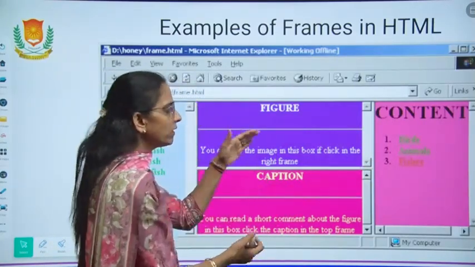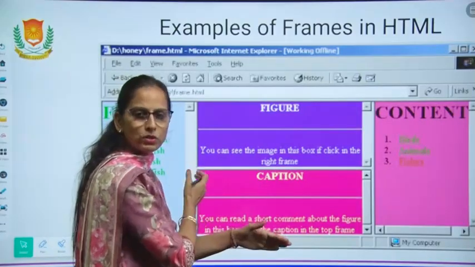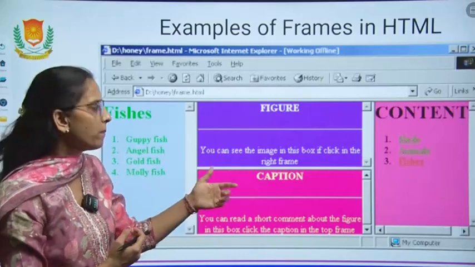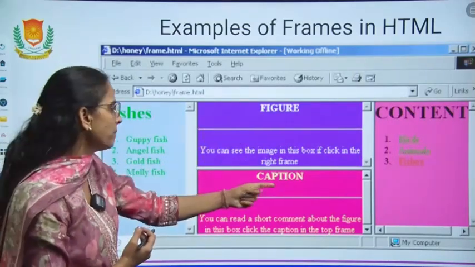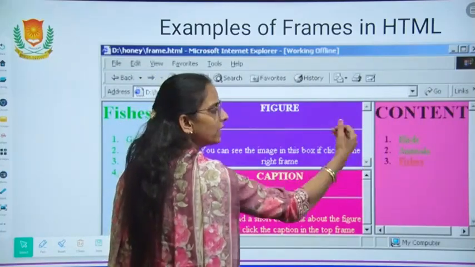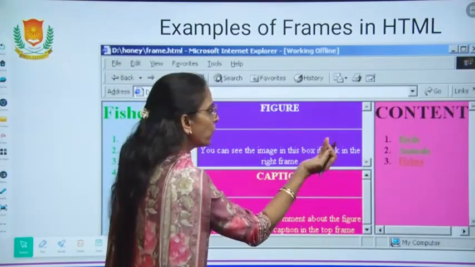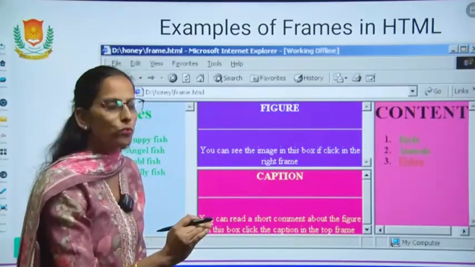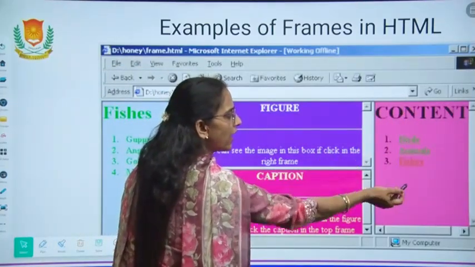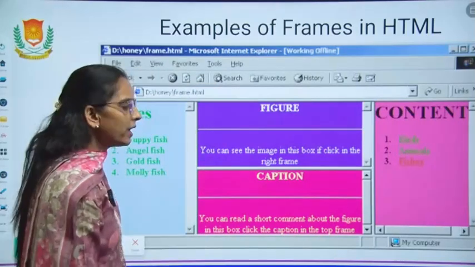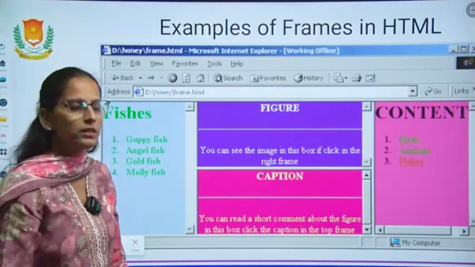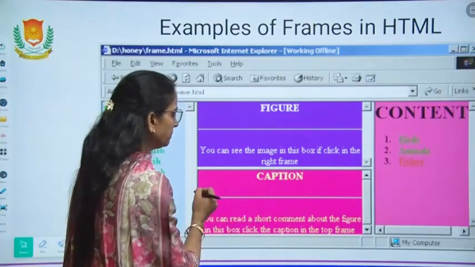In this middle one, we have divided it into two sections, where we have opened two web pages, figure.htm and caption.htm. The third one is content, where the contents are shown. So this is another layout of displaying information on the screen in an interactive way.